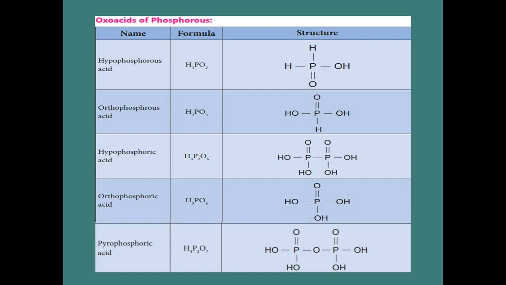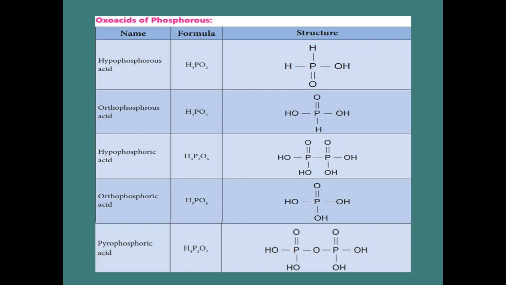In hypophosphorus acid, what is the formula? H3PO2. So centrally we start with the phosphorus. Around that, how many bonds? 5 bonds. So 2 single bonds are occupied by 2 hydrogens, one more single bond is occupied by 1 oxygen, and a double bond to another oxygen. Here phosphorus possesses, as I told you, 5 bonds. So it is satisfied. The next one, oxygen sometimes forms a double bond. So one of the oxygens forms a double bond, and one more oxygen is present, that oxygen forms a single bond with the phosphorus and then with the hydrogen.